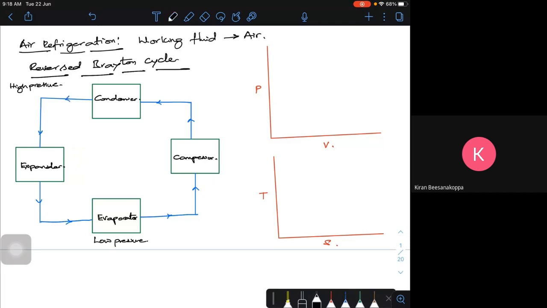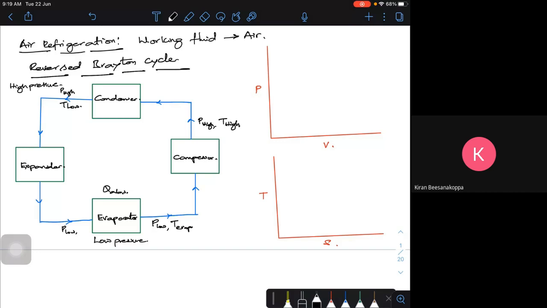Now if I try to do it, what will happen? Here, Q absorption, heat absorption takes place. Let's call it P low and a particular temperature T. It is going to absorb heat, and this is also at low pressure. This is the T evaporator. When it comes out, it will be at very high temperature and high pressure. Then here it will be at high pressure, but at low temperature.